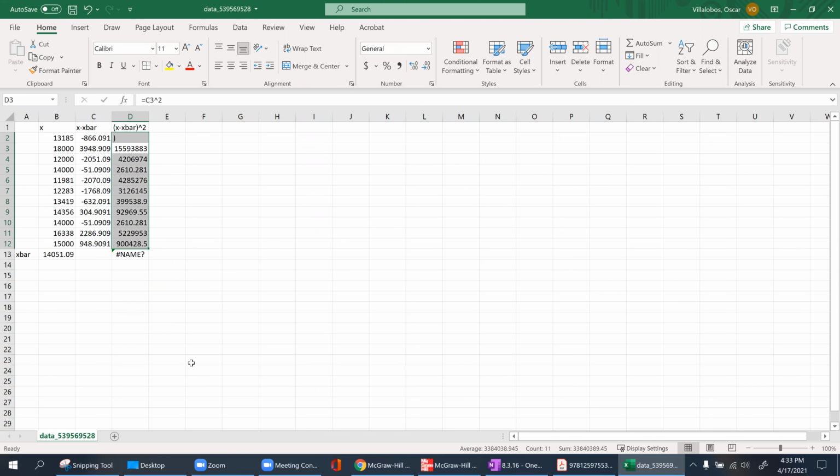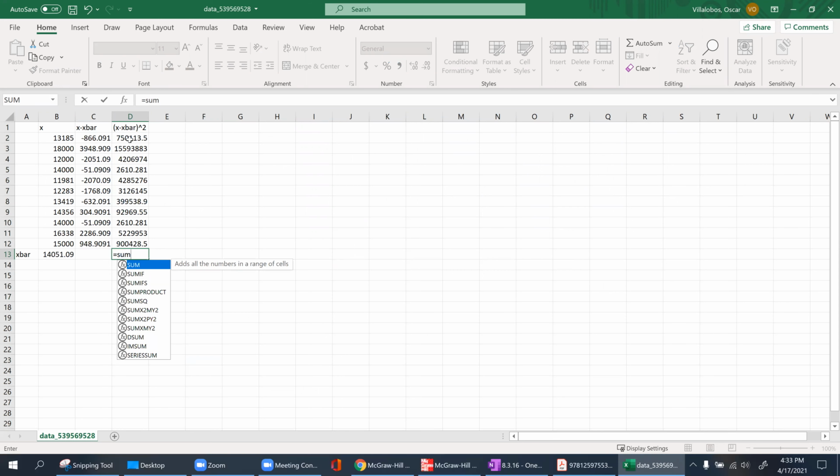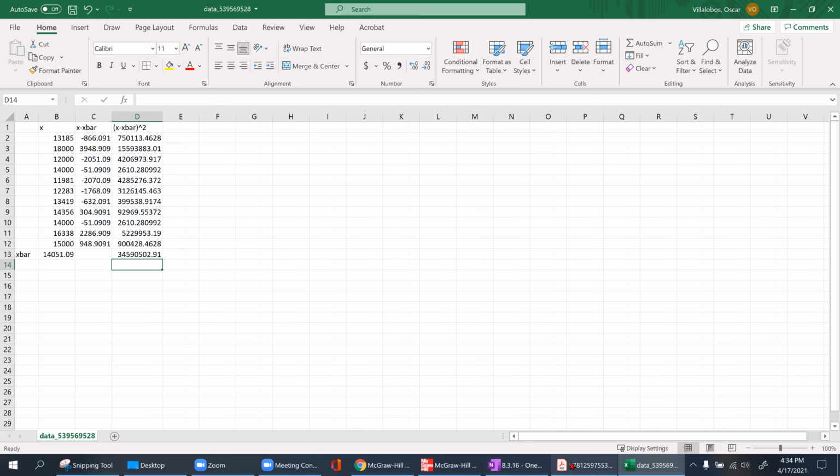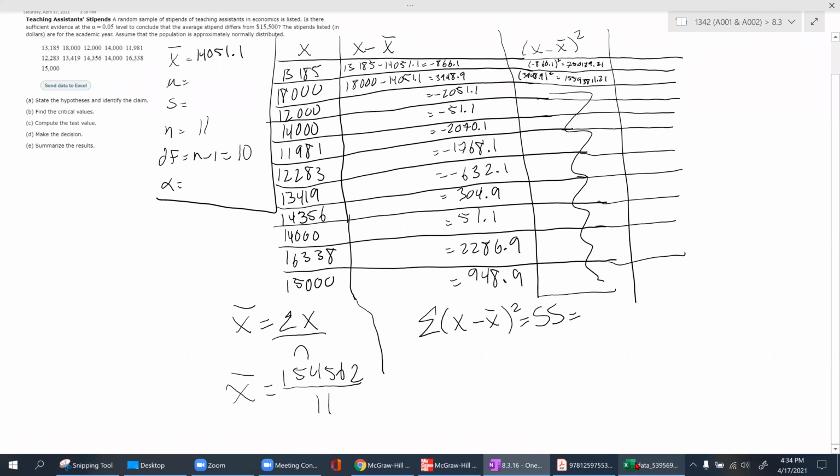I'm doing this sum of, and it gives me this large value. So my sum of squares is